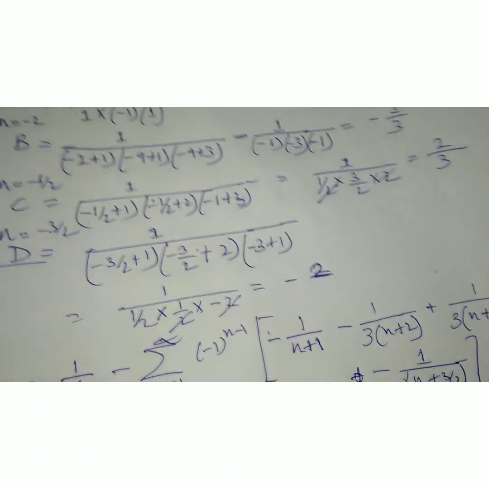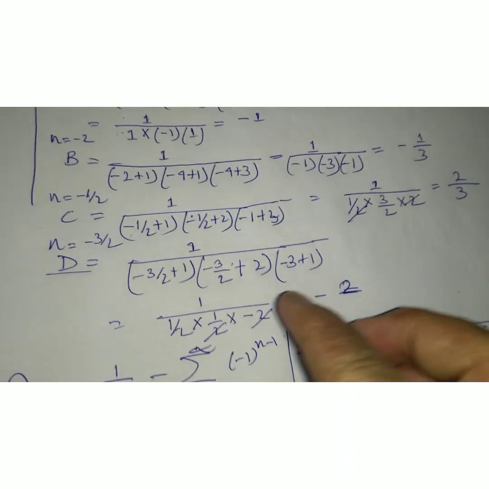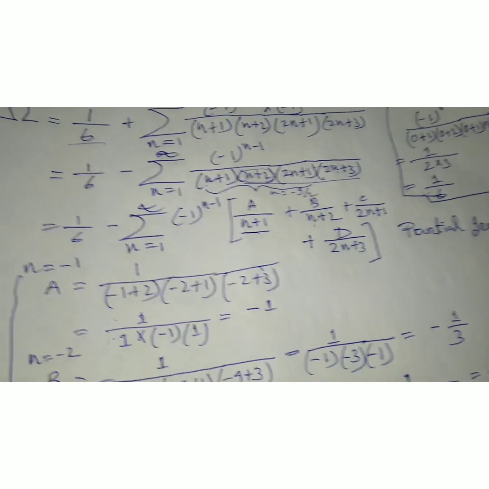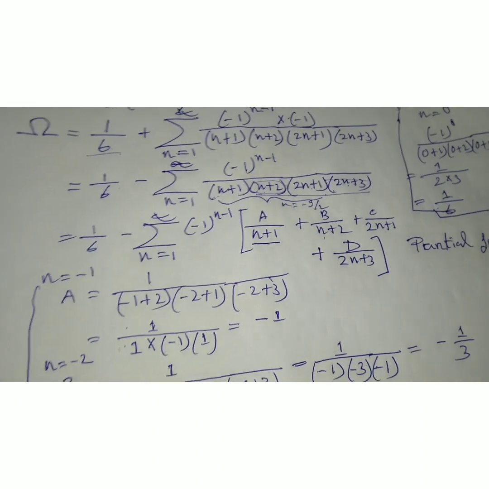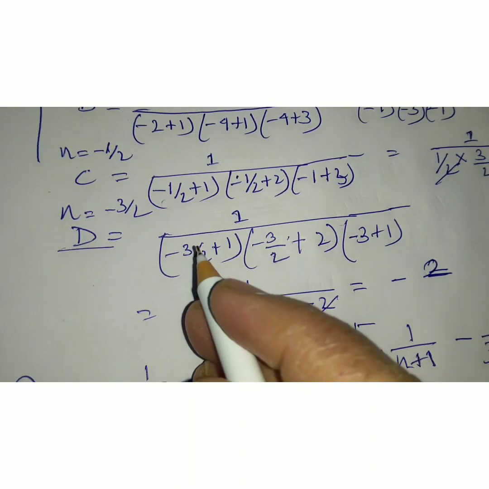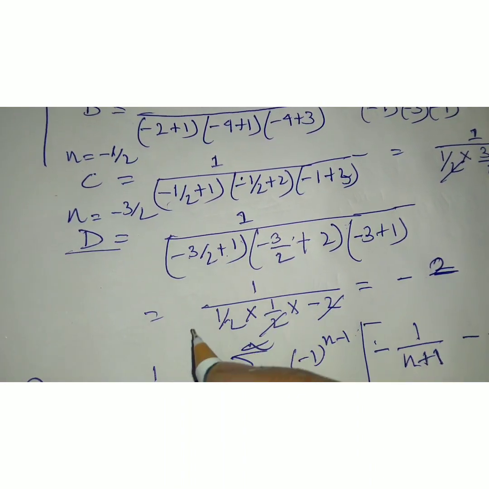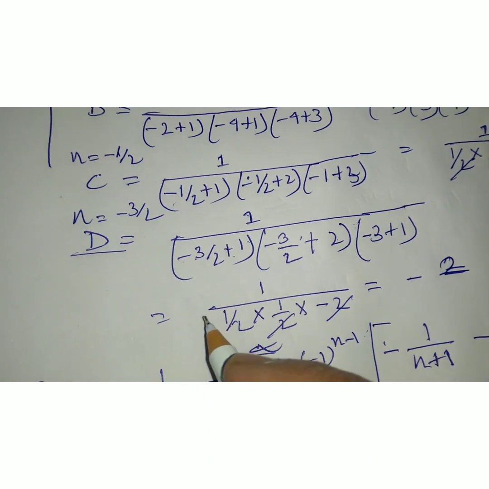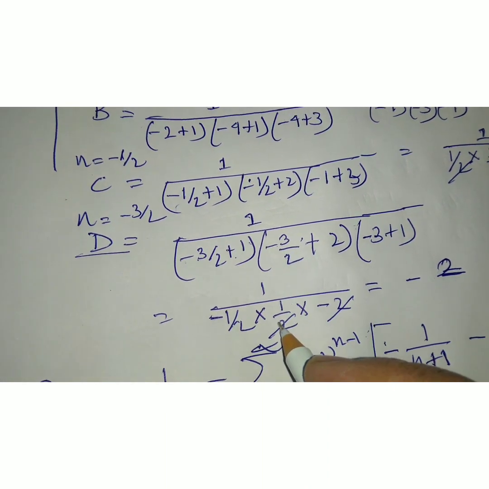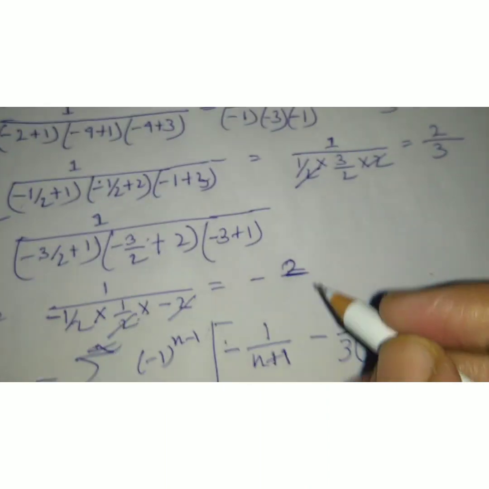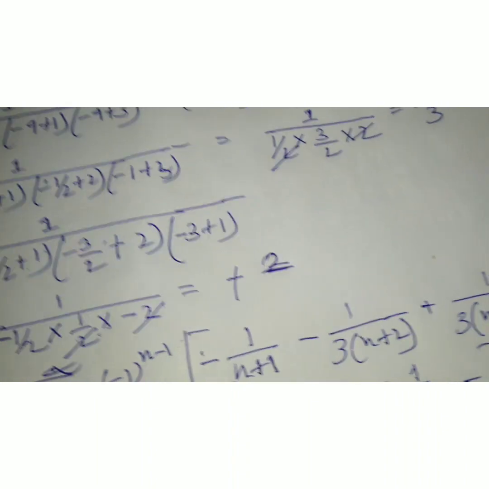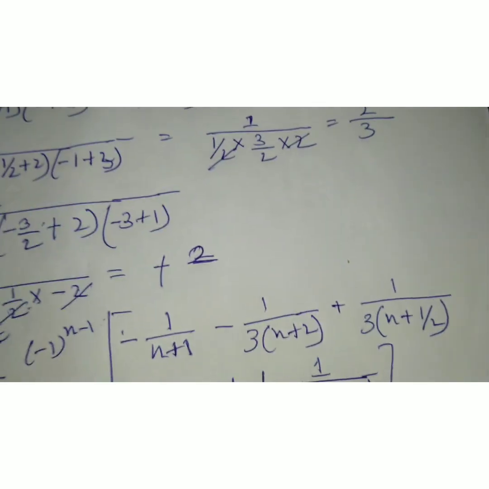Now start again. I just put minus 3 by 2 in here, minus 3 by 2 plus 1. Sorry, in here I made a mistake, minus 3 by 2 plus 1. So it is minus half. This is minus half, and minus 3 by 2 plus 2 means this is half, and minus 2. So this value is plus. Okay, and I will get this value. Any kind of calculation mistakes?